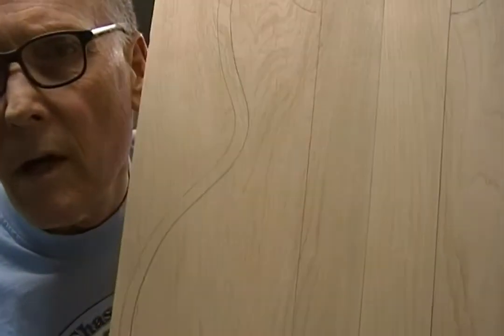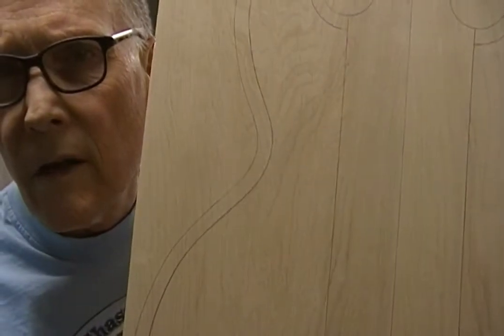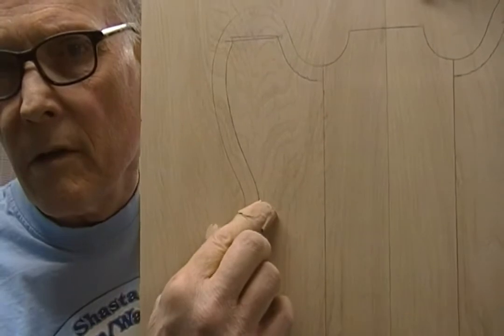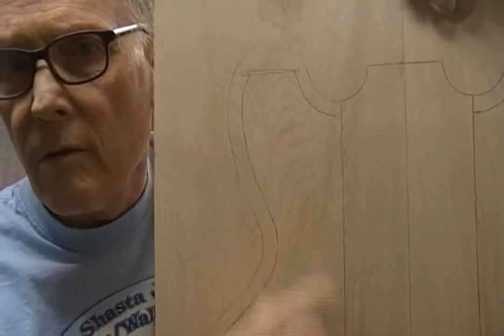But I also outlined the inside with the actual edge that's going to be carved. I wanted to make sure I had that, because once I get the back on, I won't have access to the rims to be able to reach through like I've been doing. So okay, so I'm going to